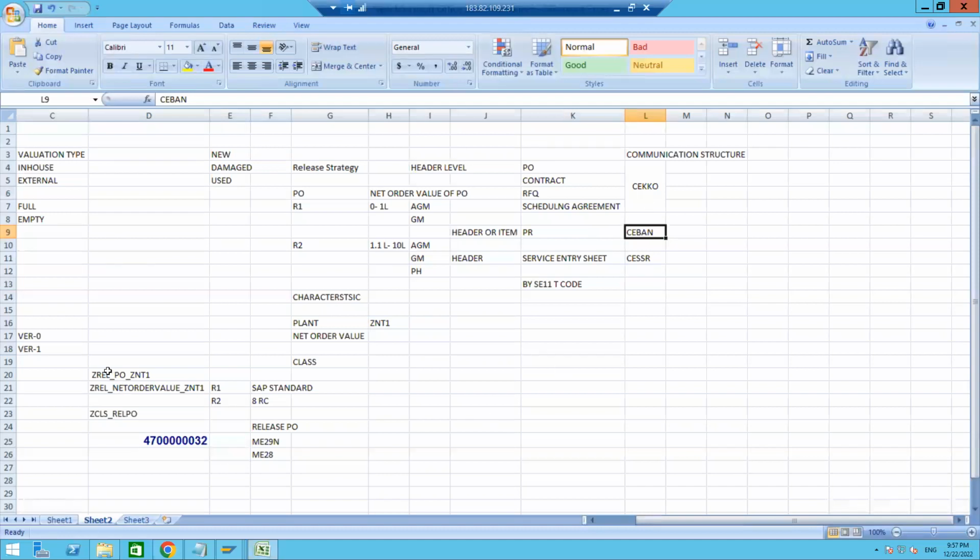And always remember, characteristics and class are master data. These are not configurational data. Characteristics and class you have to create in real time on each server. Now one more important thing: another T code is CL20N